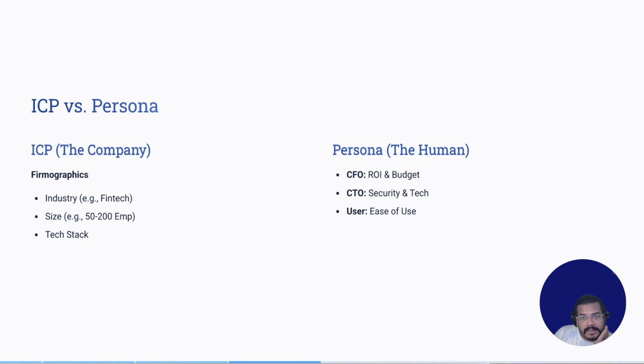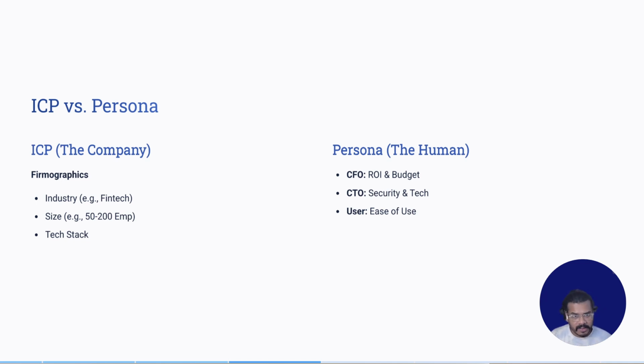Now, ICP versus the persona. Okay. What is ICP? It's the ideal customer profile, right? Persona is nothing but a buyer persona. So before you make a single cold call, you need to know who you are calling. And these are the two terms that you should know clearly. Number one is ICP, or ideal customer profile. Now, this talks about the company. For example, we sell to fintech companies in India with more than 50 employees. Now that's an ICP. Okay. If you're trying to sell to maybe a hospital, you are wasting your time because they're not your ICP, right? So you should always define your ICP first.